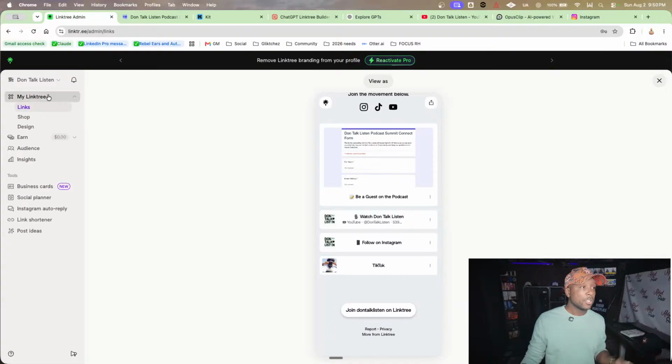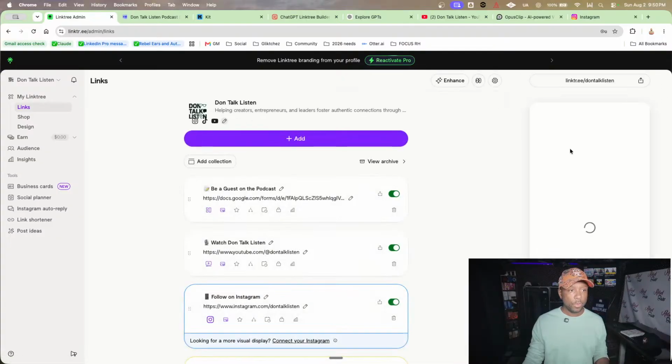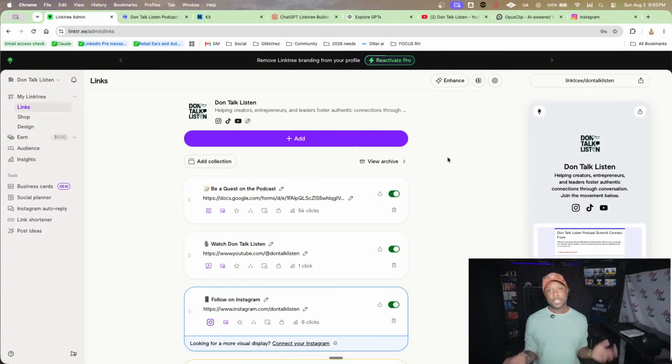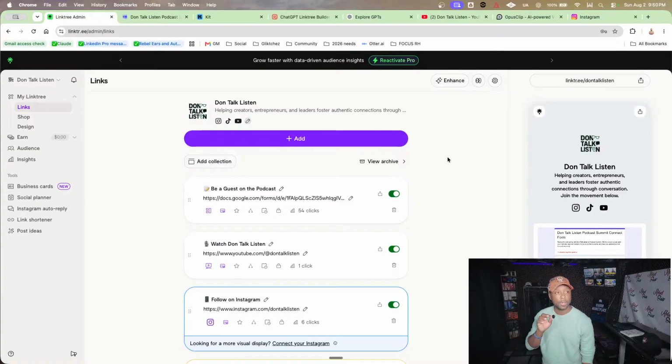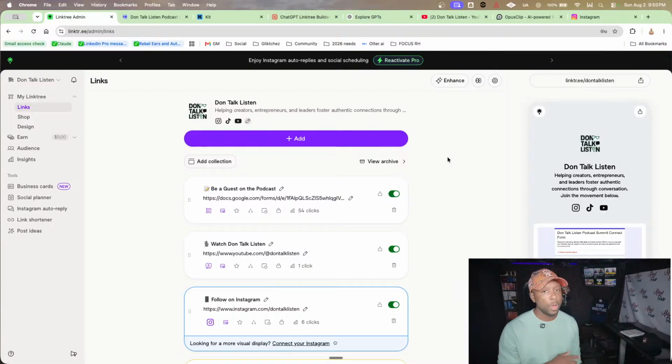So what we're going to do, we're going to go to the links. We're going to get out of the preview mode. This is when you start your new account on Linktree, this is what's going to open. If you need the link, it's linktr.ee, and then I guess /admin, and it'll pop up the main page for you to sign up. If you type in Linktree, it'll show up on Google or anywhere you get access to.